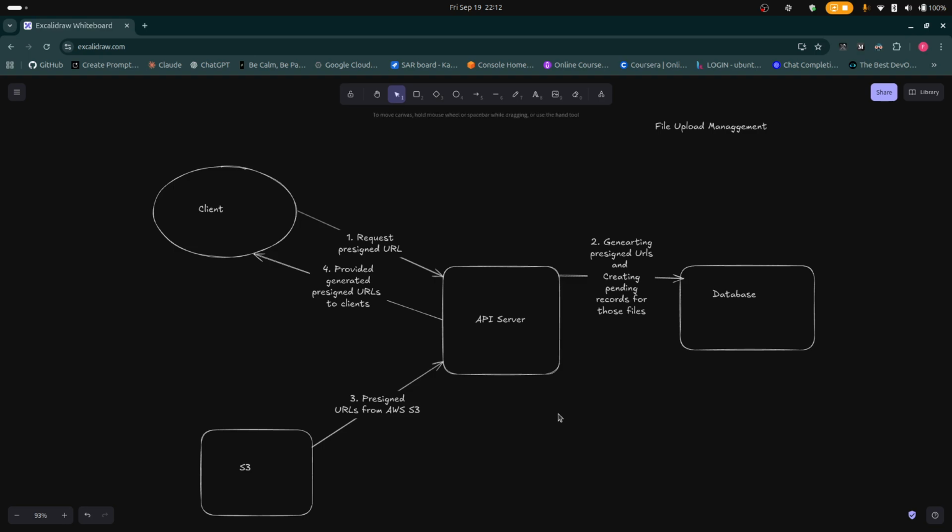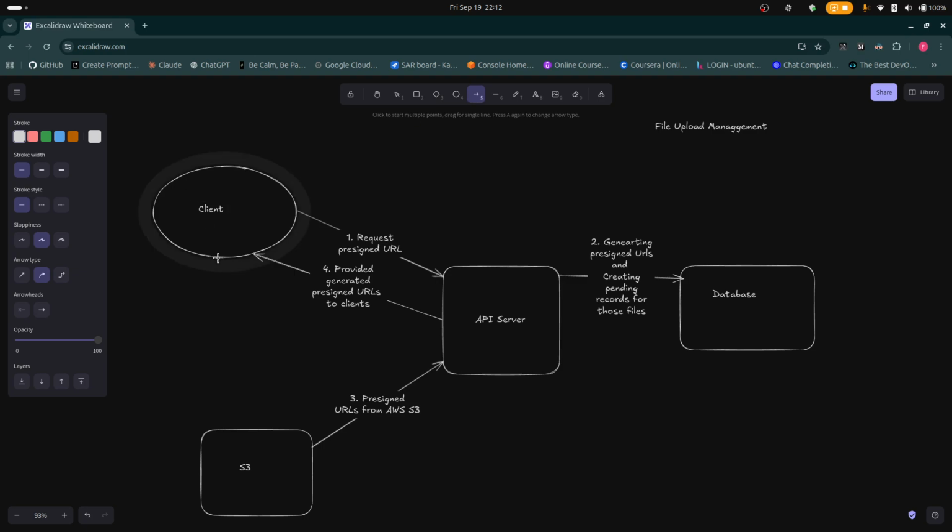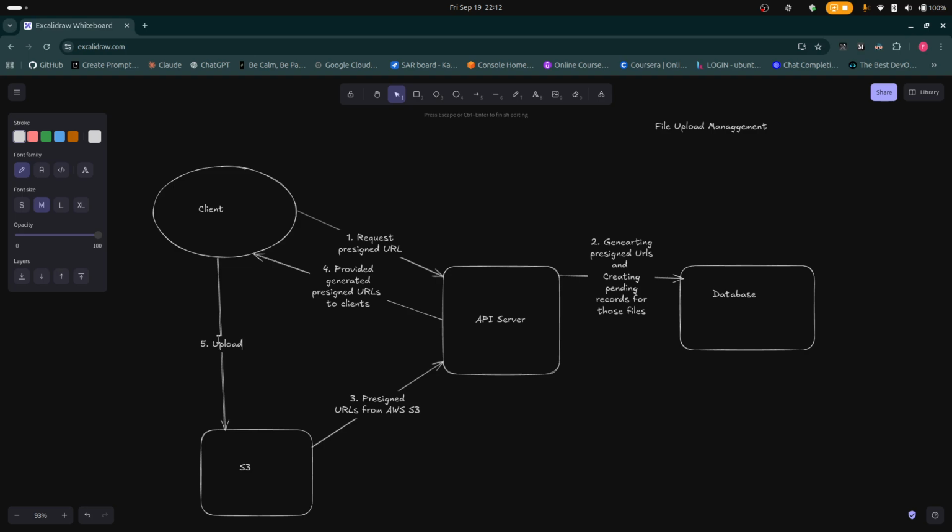That's what we're going to do. And later the client is directly going to upload objects